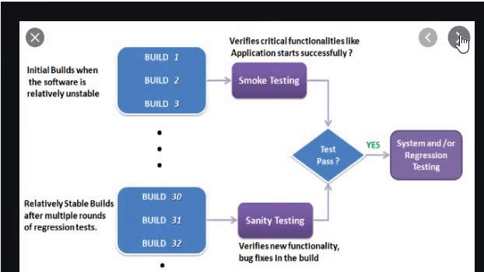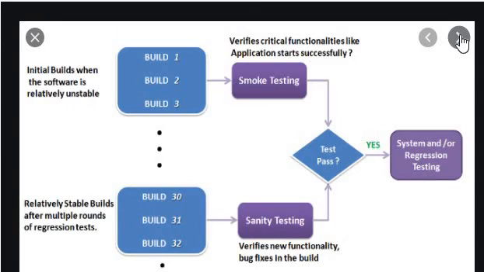Sanity testing is usually performed by testers. Smoke testing is usually documented or scripted, but sanity testing is usually not documented and is unscripted. Smoke testing is a subset of acceptance testing, and sanity testing is a subset of regression testing. Smoke testing exercises the entire system from end to end. Sanity testing exercises only a particular component of the entire system. Smoke testing is like a general health checkup. Sanity testing is like a specialized health checkup.